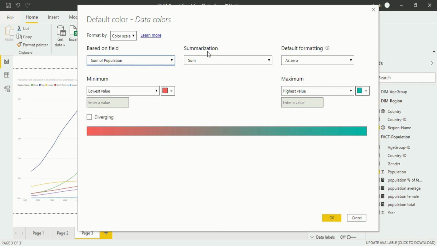And if the summarization should be different from sum, like if you want to know the average, minimum, maximum, the color will be defined in conditional formatting according to that. You can also do that, and the default formatting is also available as zero, specific color, don't format, and all these are also available. These are the basic features you could assume from normal assumption.